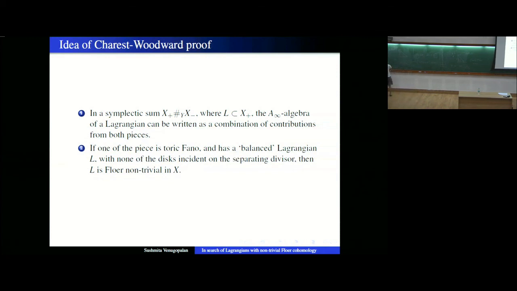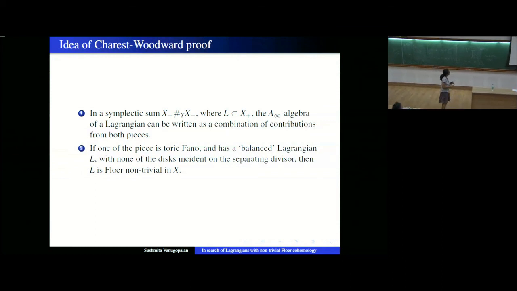So the idea is the following. Suppose you are just on CP2, and I do a cut here, so that the disk of this divisor is much larger than these pink disks. Then I have Floer non-triviality on this space. But then I might as well glue in any other manifold, it doesn't matter. If locally you take a Darboux chart and the torus action and you do a symplectic cut, the rest of the manifold can just be anything. So the main idea of the proof is to claim that they develop a theory called a broken Fukaya algebra.